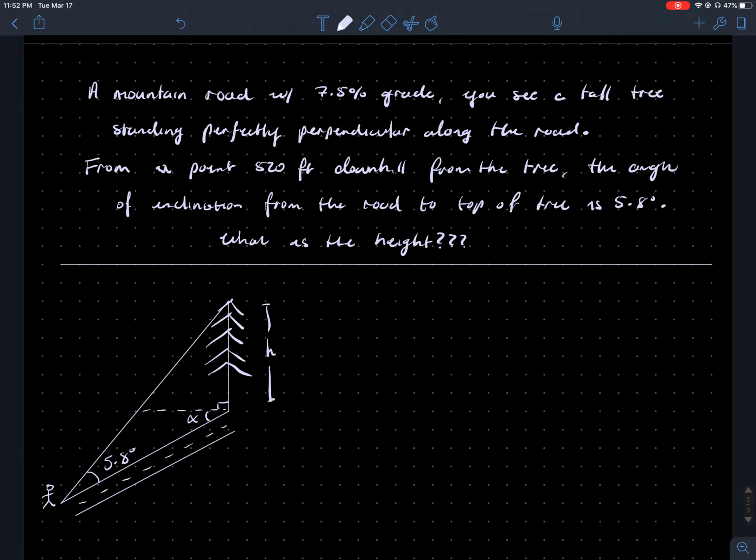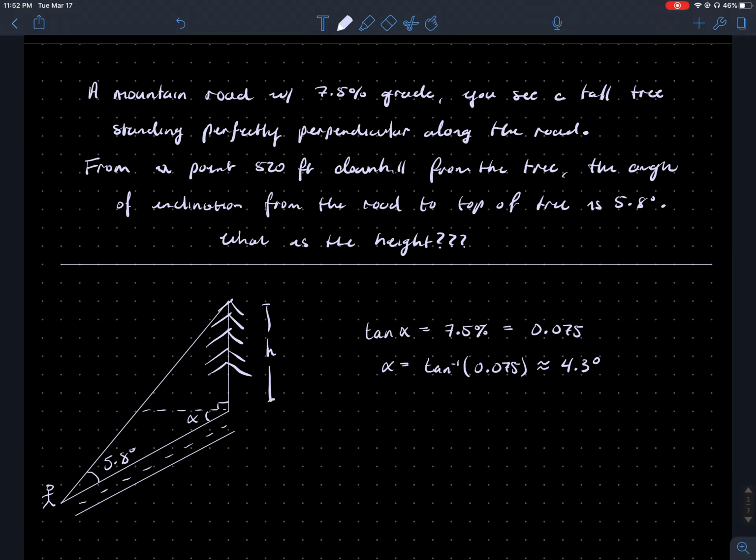And how we can solve for alpha is we can say tangent of alpha is equal to 7.5%, which is equal to 0.075 in decimal form. And then alpha is going to be equal to tangent inverse of that grade. If you plug this into your calculator, you end up getting 4.3 degrees,